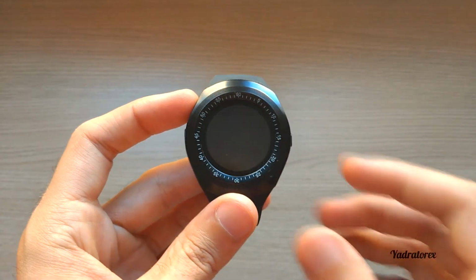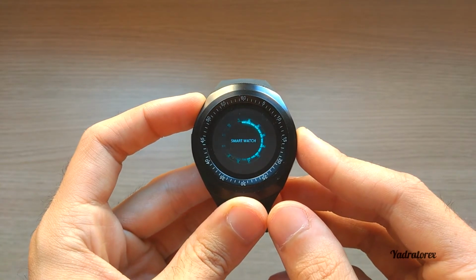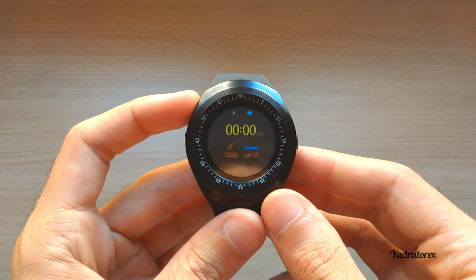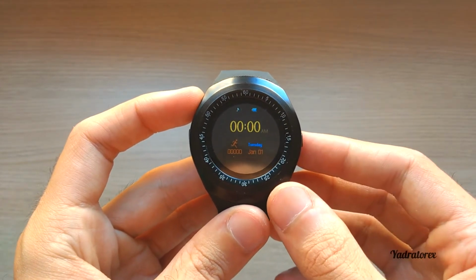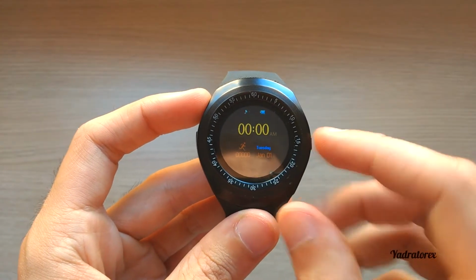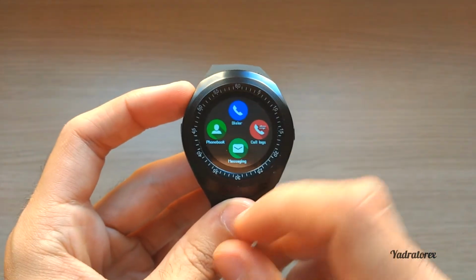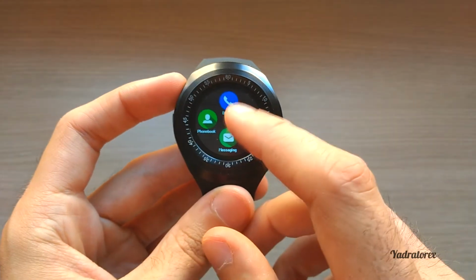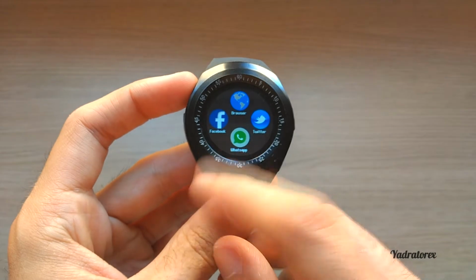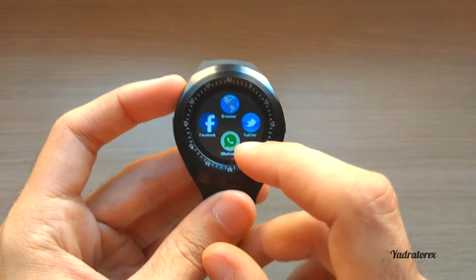Now let's turn it on. Here's the home screen. There you can see how much you walk, the time and the date, the battery and the profile set. At the main menu we can find the dialer, phone book, messaging, call register, Facebook app, Twitter, internet browser navigator, WhatsApp,